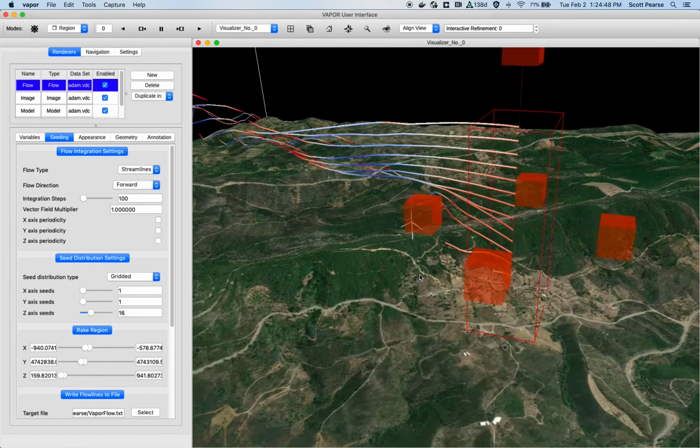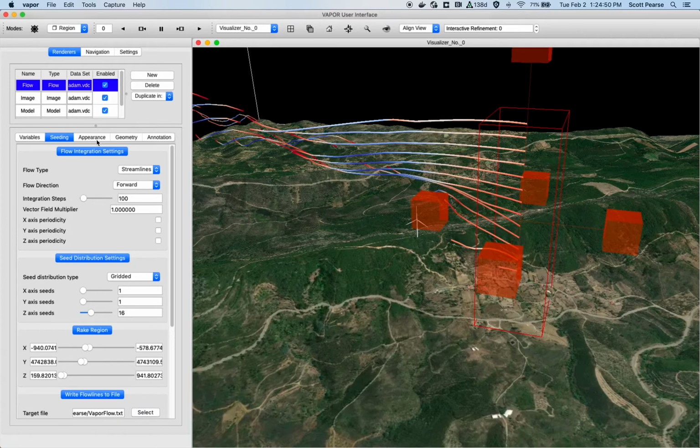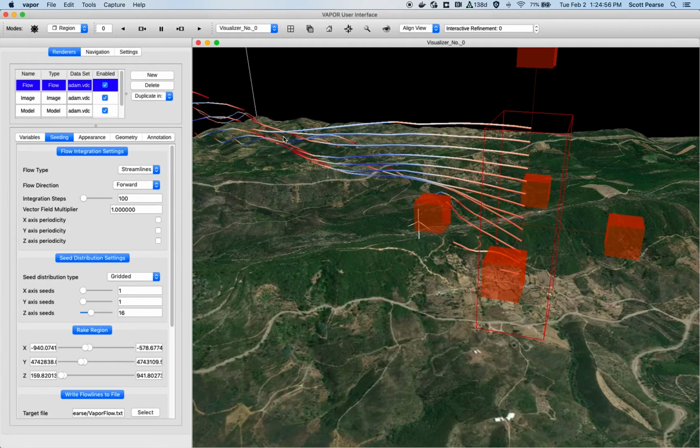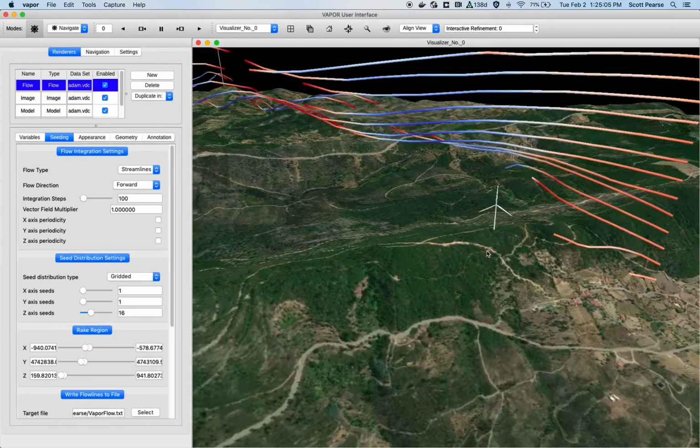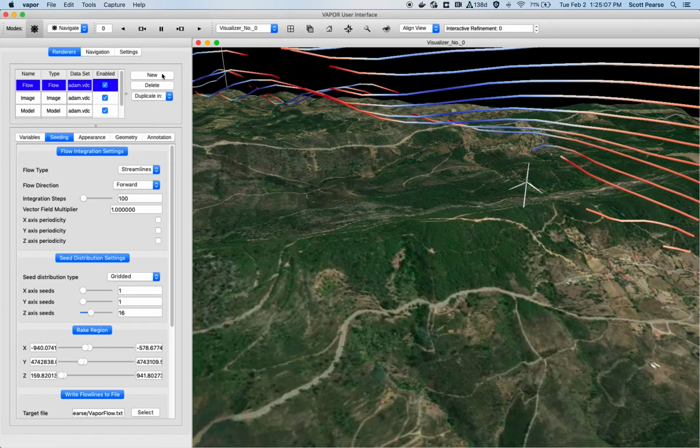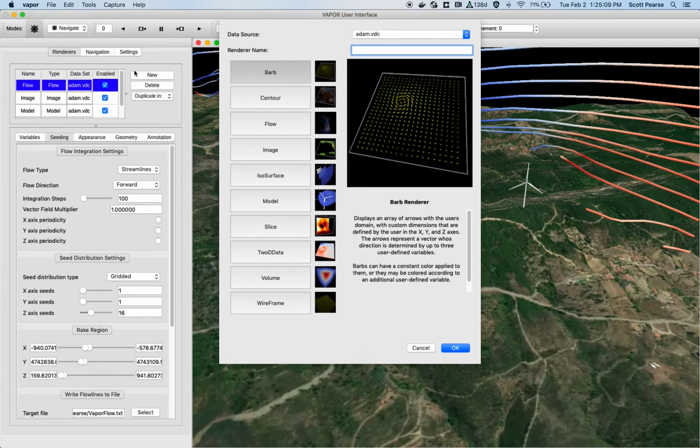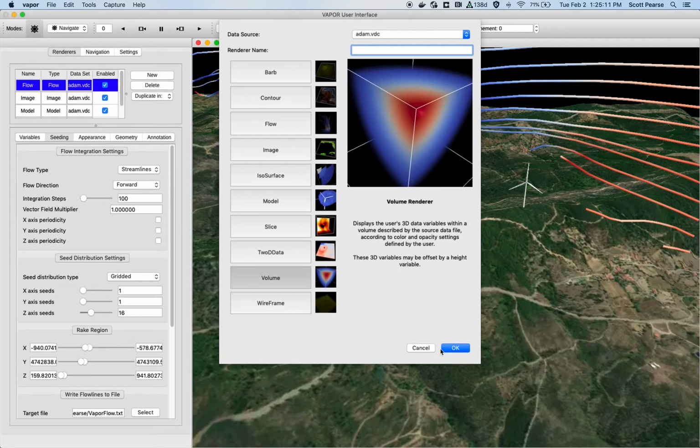Okay, anyways, that's a brief demo of the flow renderer, and I'll go into more videos, I presume, in the future with the flow renderer. But meanwhile, I'm going to disable my region mode, and I will finally make a new volume renderer. So again, I'll click on New, Volume,